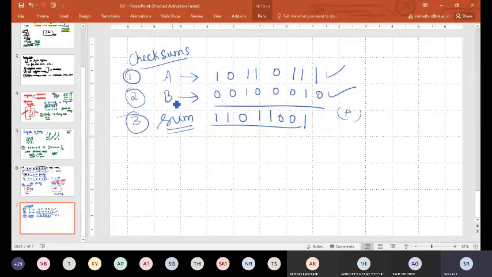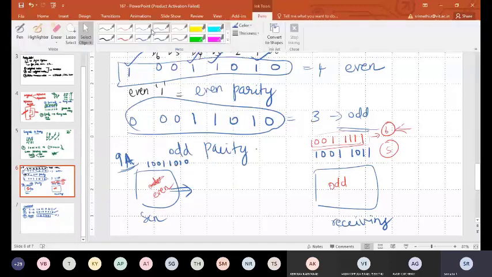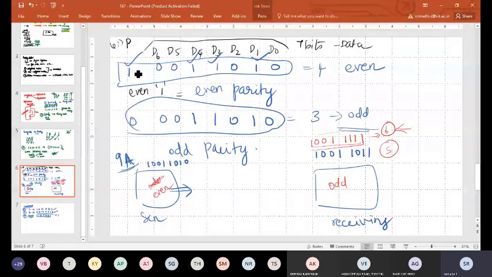Okay, the next one is parity data code. Parity data codes. We have used the parity bit only in the most significant bit, only in the MSB. Am I right? We have assigned the parity bit as the MSB, the most significant bit. Instead,